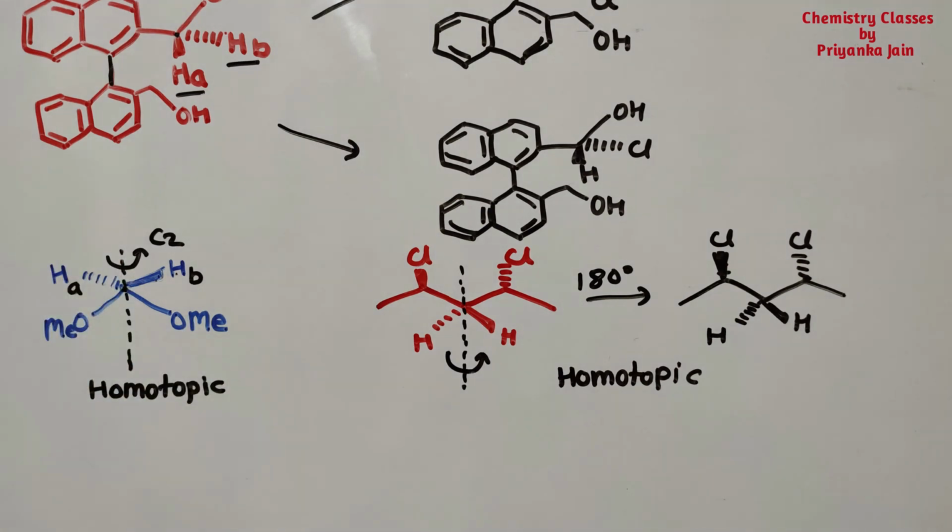These are all the examples that I can give you on homotopic, heterotopic, enantiotopic and diastereotopic ligands. In our next video we will see some more questions. I will do all the questions based on stereochemistry, and I am giving you the examples one by one, so stay with us. You can do all the questions yourselves, right? In our next video we will see how to solve questions where we have to find out whether compounds are enantiomers, diastereomers or homomers. For this I will give you some examples in the next video.